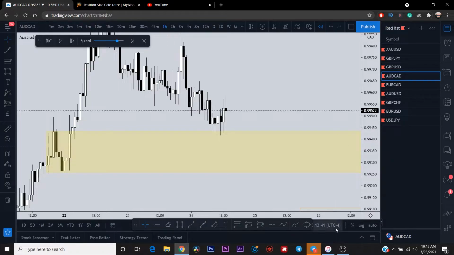This is UTC-4, so it is New York session. It is New York session, yeah. This is around 9 a.m. to 10 a.m. that we're reacting inside this area. Before I even zoom in here, you can see that we're accumulating inside of here. I'm gonna zoom in and we're gonna mark it out and everything. But before you even mark out accumulation, you should already be able to see it with your eyes, because